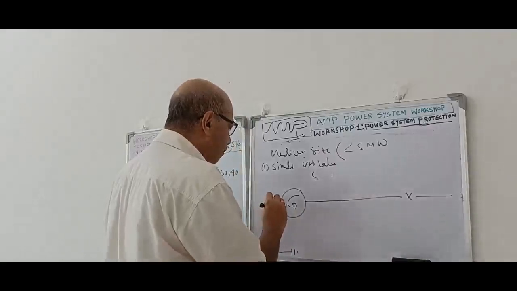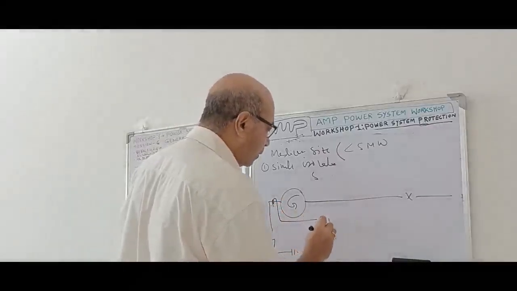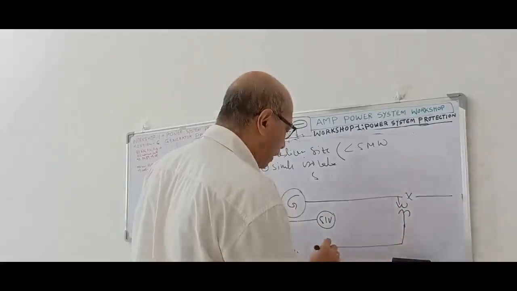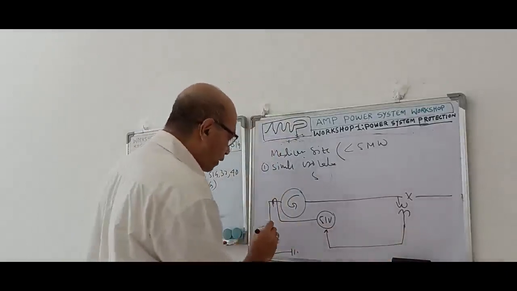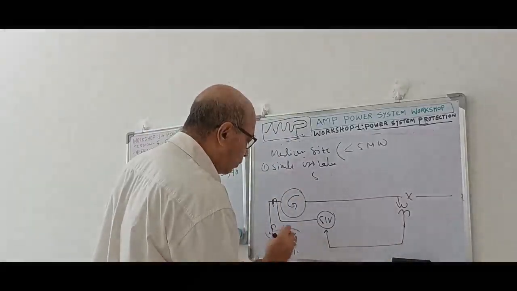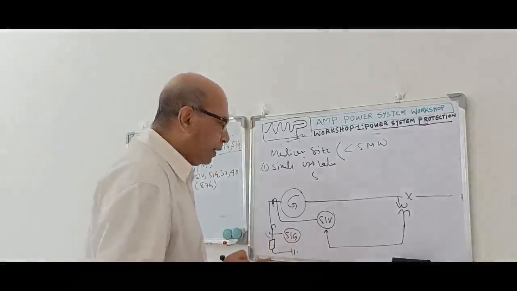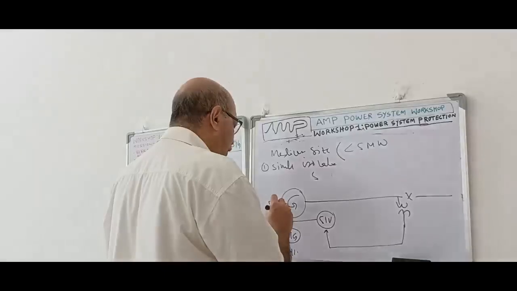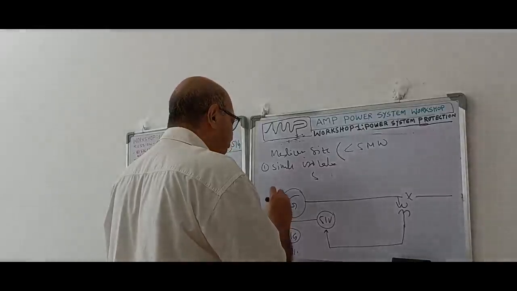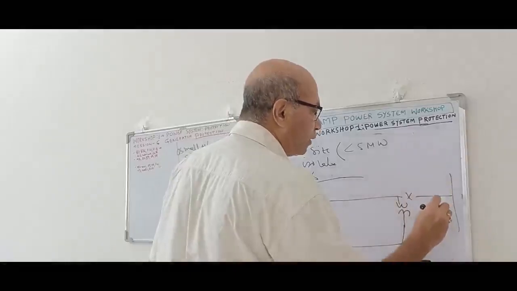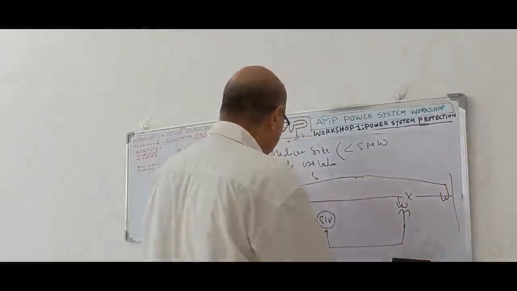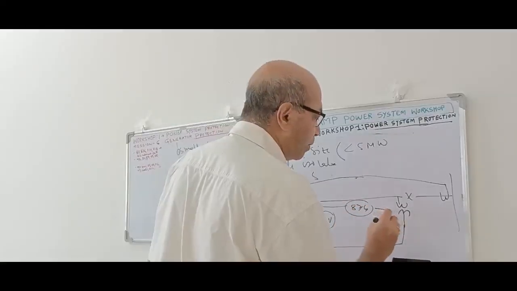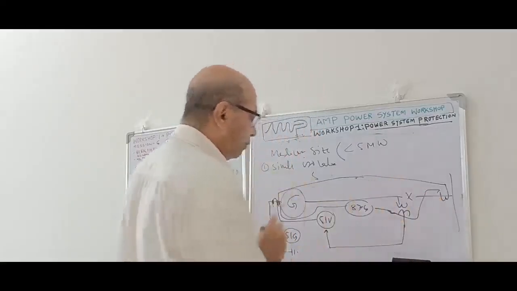In that case, 51V will be here, and then the line PT will be located. So the PT supply will be coming to the machine, that is 51V. We have to provide 51G, what we provided for the small machine, that is also to be there. Then in the case of a medium size machine of this type, we have to provide differential protection also. So it will be differential protection with different CTs. The busbar will be here, so this CT will be located over here. So this will be providing 87G. That also we have to provide, yes, 87G will be there.